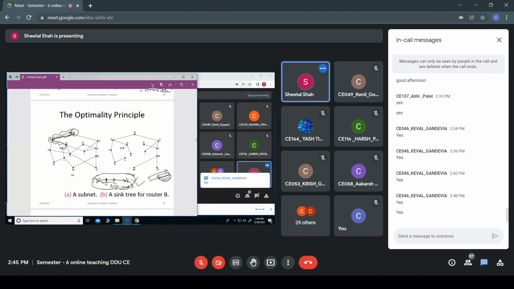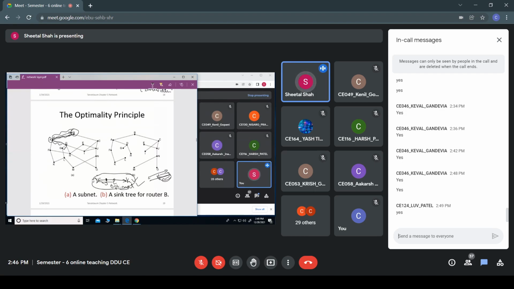And as we know, if that is the optimal path, then all the routers which come across that path are also on the optimal path. Fine. So here, if they have considered the metric as the number of hops, and since there are no loops, there would be a tree-like structure. So this is a tree. Sorry, these are the sources, and this is the destination.